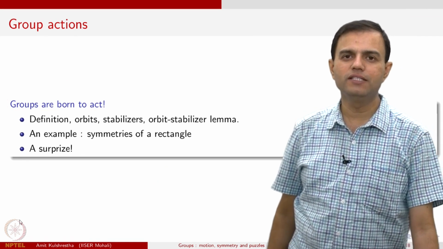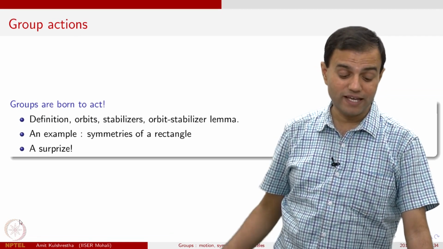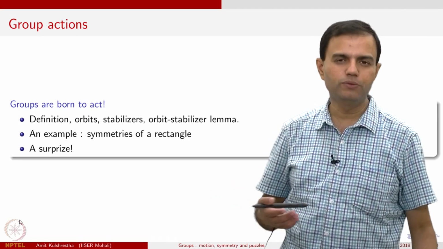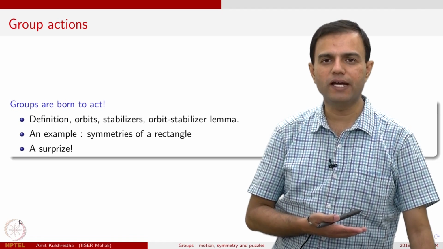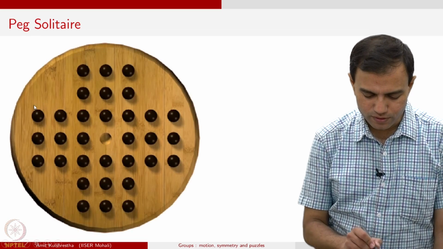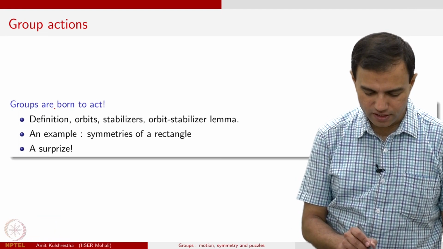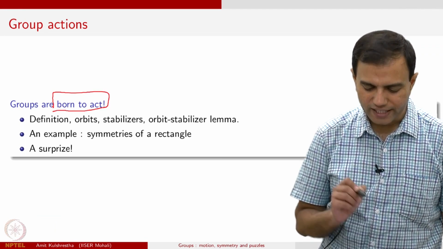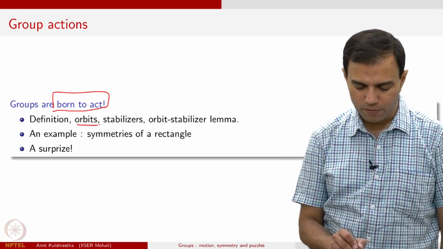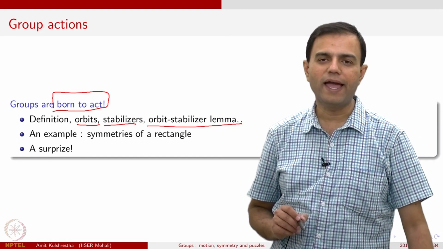So what have we seen in this lecture? We have seen various examples of groups without actually realizing that they were groups, and then we saw the formal definition which came through the example of symmetries of a rectangle. And as I am saying, groups are bound to act. So group action is what we are going to learn in the next lecture. Group action is a key word, and that will remain the key word for quite some time. We are going to learn orbits and stabilizers and the orbit stabilizer lemma. It is quite interesting, and we will see very interesting